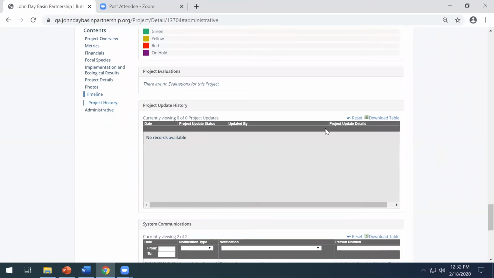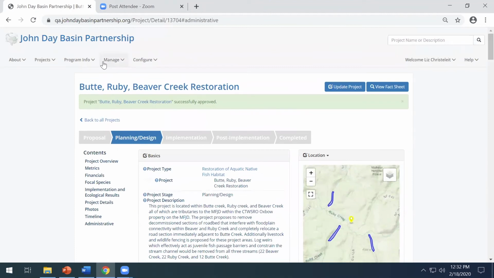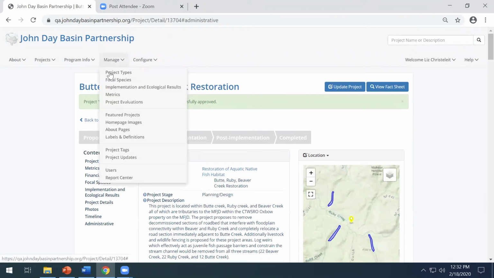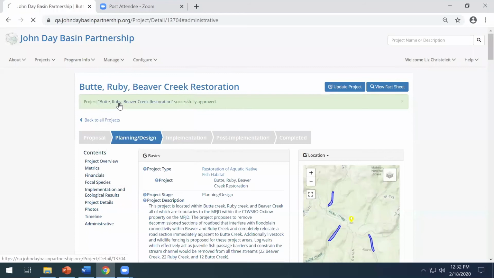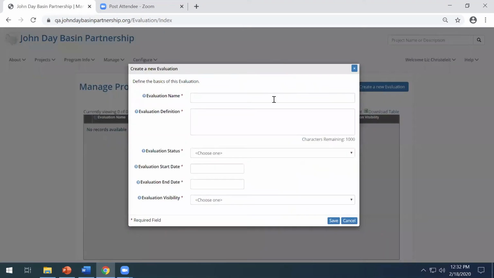I do want to briefly point out project evaluations, which I don't have too much time to cover today, but I do just want to point it out to you. There is built-in support in Project Firma to evaluate a group of projects all at once using the same criteria. And this is very flexible, in that you can set up different evaluations. So for example, this might be the FIP